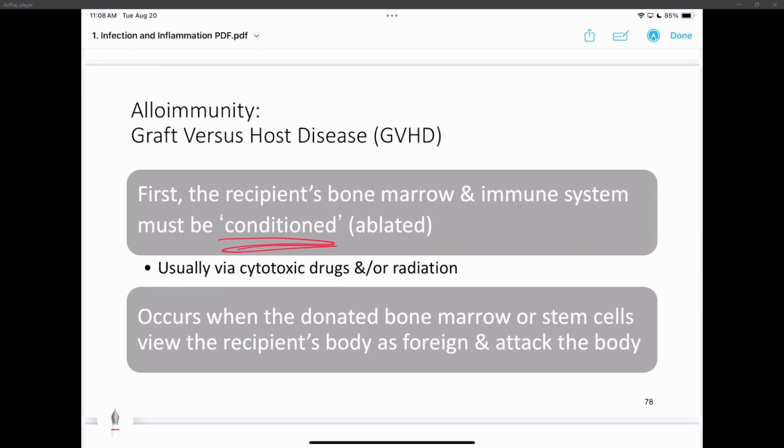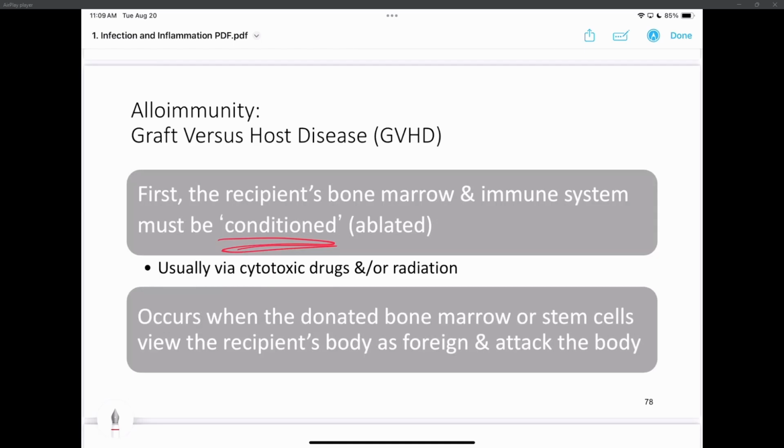One of the things that can happen is called graft versus host disease. Usually, if you have a reaction to a transplantation, it's you rejecting your new organ. And when that happens, you just take that organ out, if you can, and then wait for a new organ to come in. Sometimes you get what's called graft versus host disease. It's rare that it happens, but in these cases, the new organ that you put in gets metabolically active and starts producing its own immune reaction to you as the host.